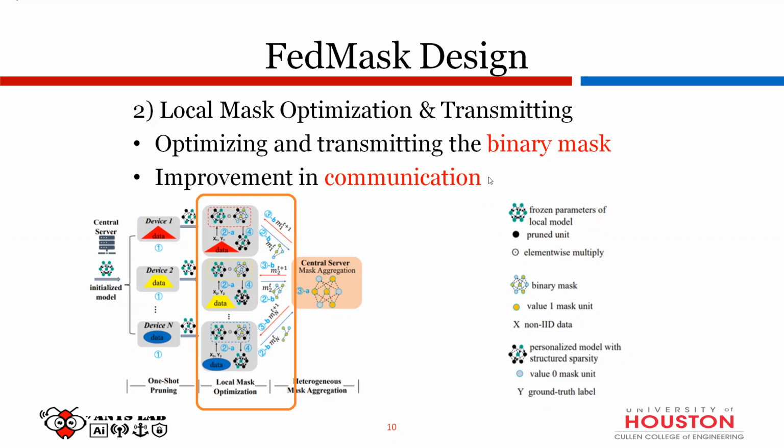From what I see in the paper, this is more on weight pruning. The weight pruning will be more like the input to the next layer, so it is more on the connection level. If certain weights in your matrix are set to 0, then they will become very sparse and eventually that connection will not exist. That's why the neurons are marked black, because there are no connections to them. They're as good as not functioning in that particular round of training. That is what that signifies. And the other thing is they are sending the masks.